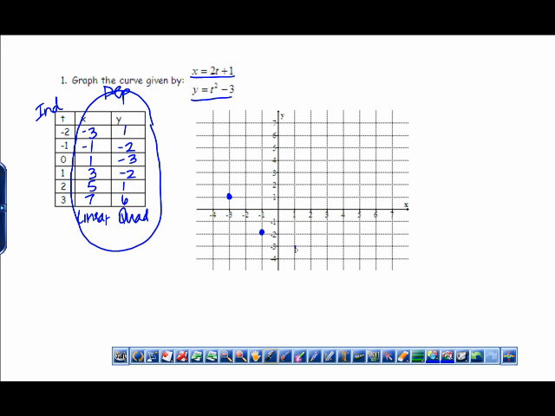And so 1, negative 3, 3, negative 2, 5, 1, and 7, 6. I plotted these points in this particular order as the t values were increasing. Okay, this is the order that my parabola, and the result here is a parabola. Now, I'm putting these arrows where I'm putting them. It doesn't matter so much that you put them exactly in between the points. I'm just saying I put them along the way so that you could see that this is the path of